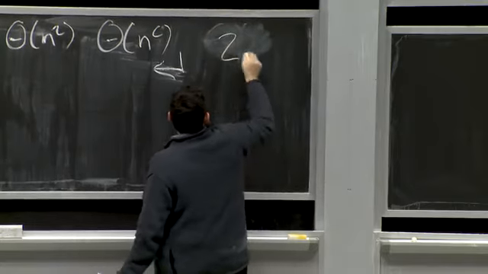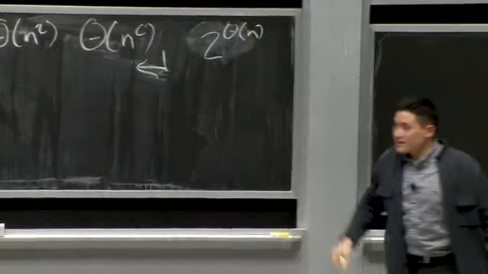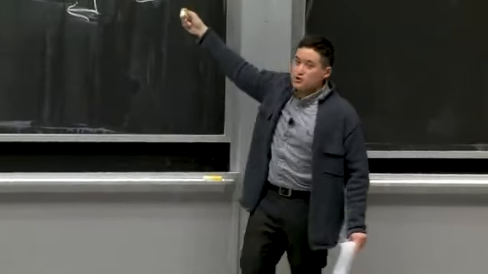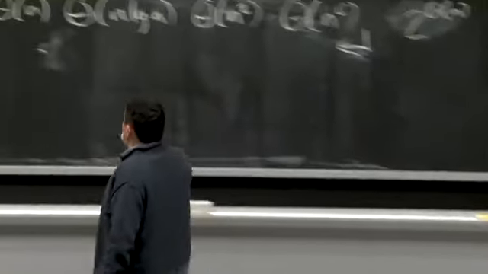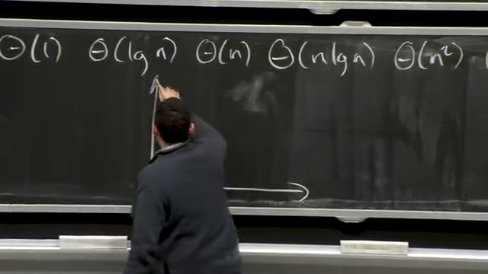There's one class I'm going to talk to you about over here, which is something like, let's do this, 2 to the theta of n. Exponential time, this is some constant to a function of n that's, say, superlinear. That's going to be pretty bad. Why is it pretty bad? If I were to plot some of these things as a function of n,